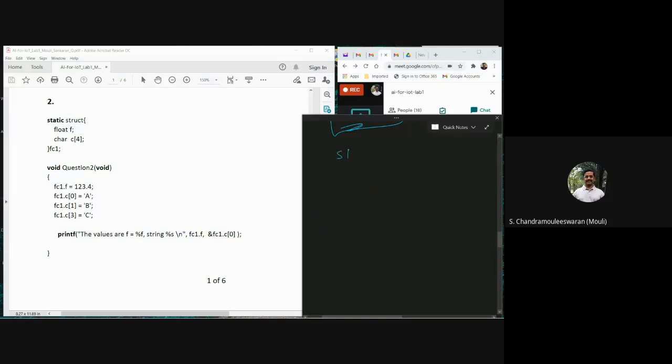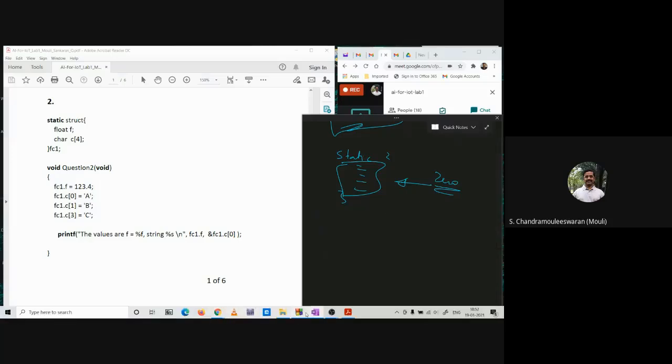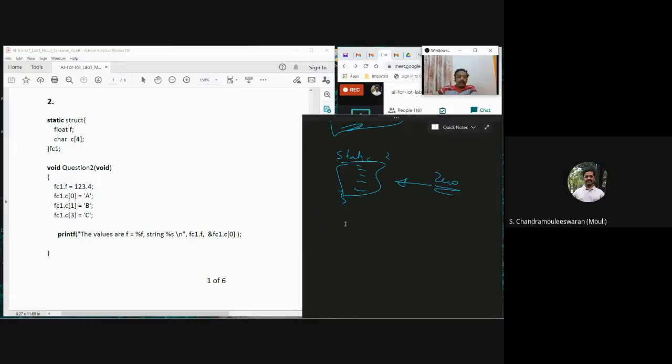So let me tell you, static variables are initialized with a 0. All entries are initialized with a 0 if it is not done by the programmer. I have declared this array, not an array, a structure, and I said it is static and it is in the global area. It doesn't matter whether it is a global area or local area. Now you guys know that the memory for static variables is allocated before the program starts. So now f is already initialized to all zeros.